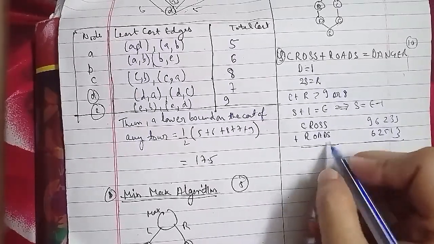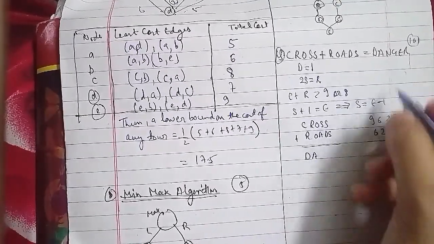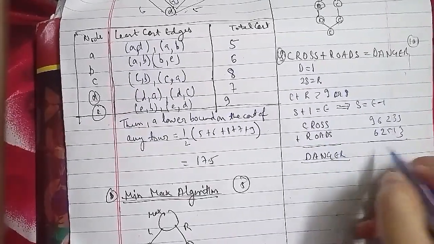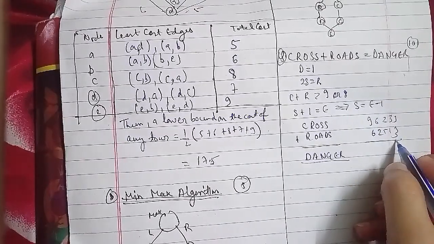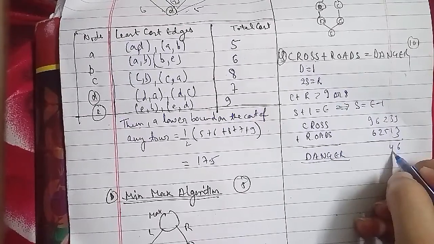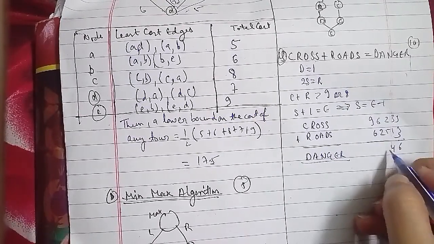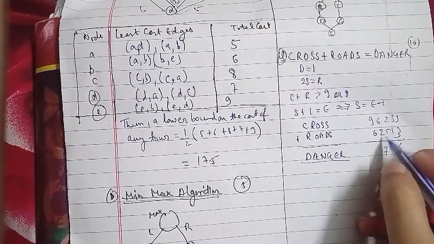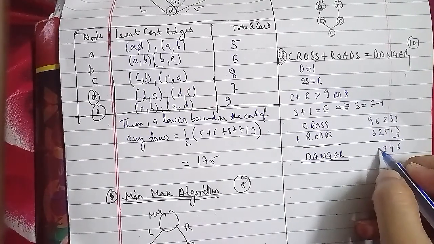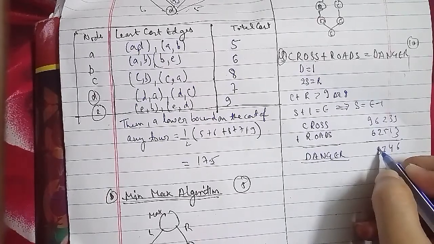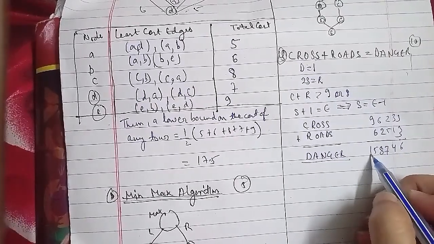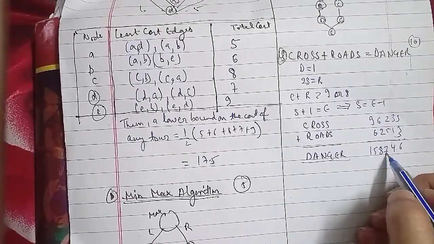And the code for the danger we have is: 3 plus 3 is 6, 3 plus 1 is 4, and then 5 plus 2 is 7, then 6 plus 2 is 8, 6 plus 7 is 8, sorry, 6 plus 2 is 8, and then of course 9 plus 6, that is 15. So we have the code 158746 here. So this is the code for the danger. Okay, so this is the simplification, how you have to simplify these.